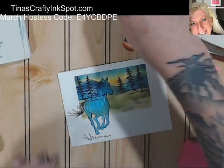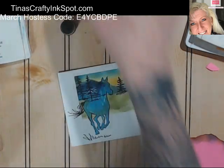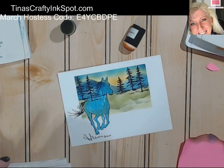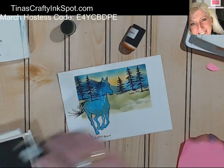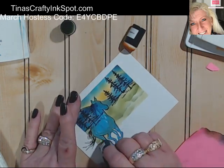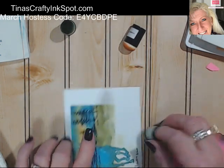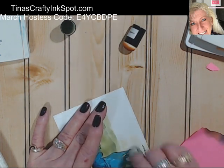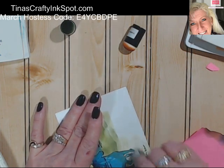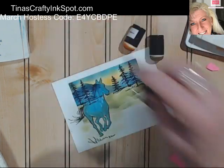And I want to sponge a little bit of my Old Olive. This is really weird to try to look at the video and do this at the same time because there's quite a time delay, I guess, with Facebook Live. So I just want to drag a little bit of my grass in here. I thought it was a cute effect when I did the card originally, so we'll do it for this one. Then we'll take our Mossy Meadow